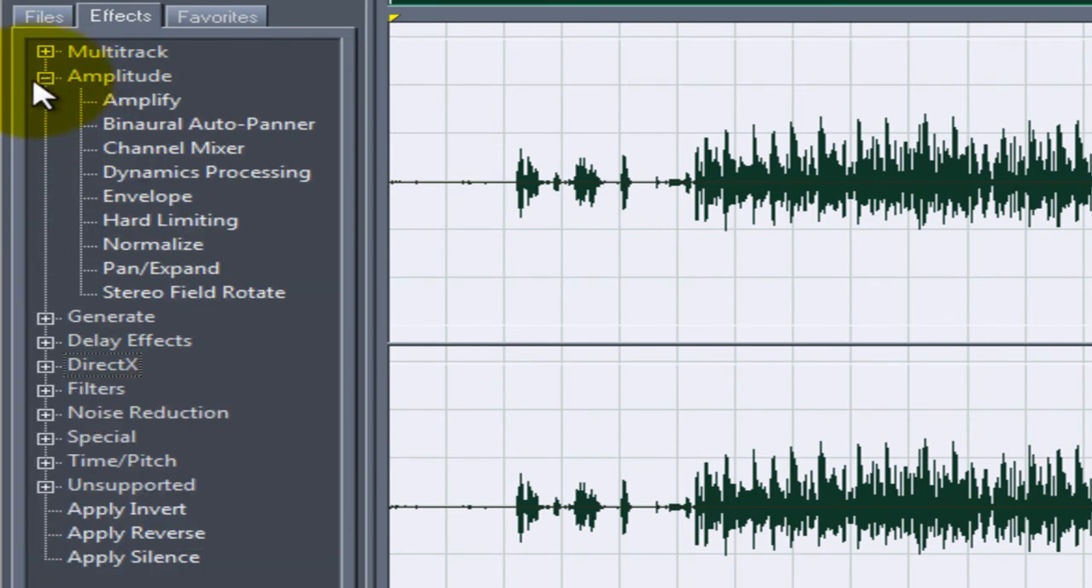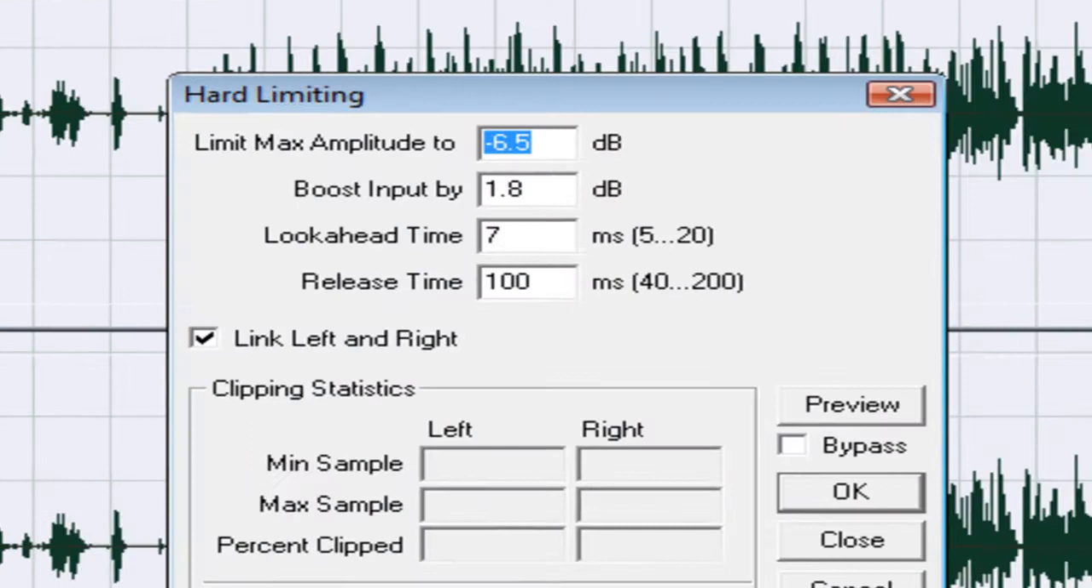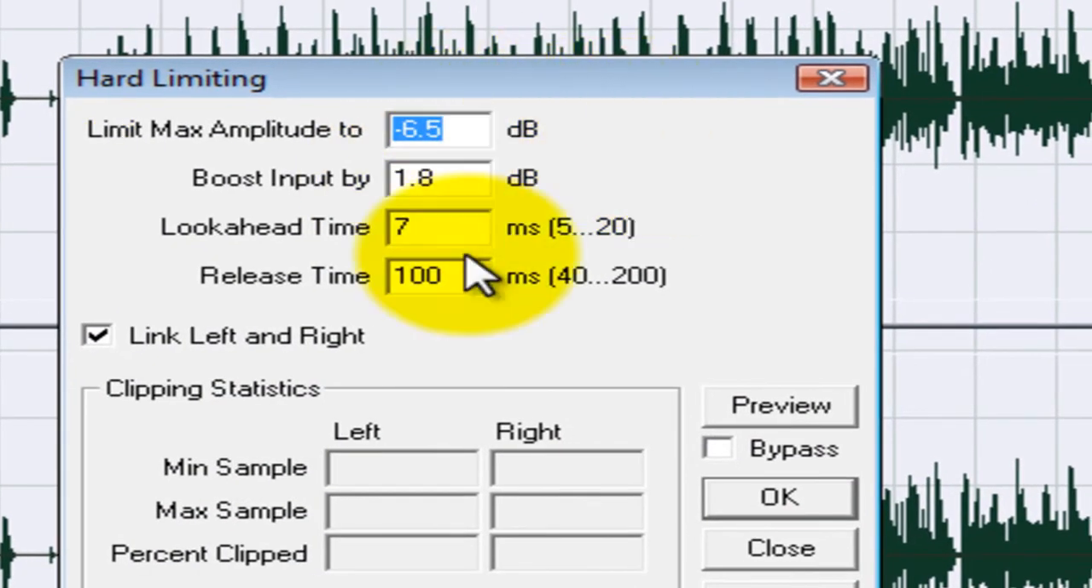We'll go back to amplitude. We're going to hard limiting. Now this is one of those things you're going to change. This doesn't have presets, so what you're going to want to do is change this to negative 6.5 decibels and this to 1.8 decibels, and this should already be 7 and this should already be 100, but you want negative 6.5 and 1.8 here, and then we're going to add that,